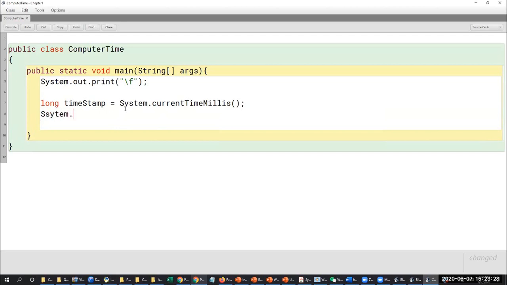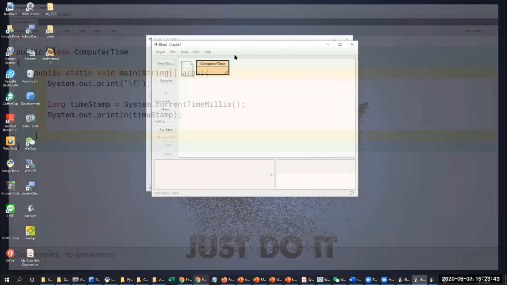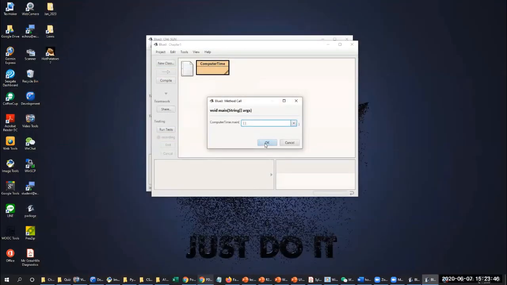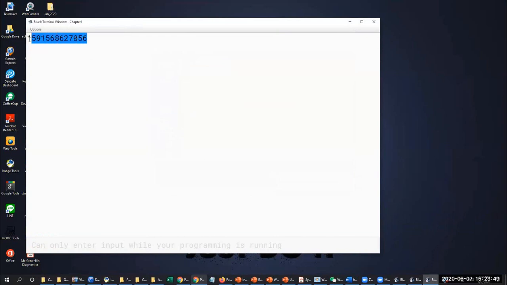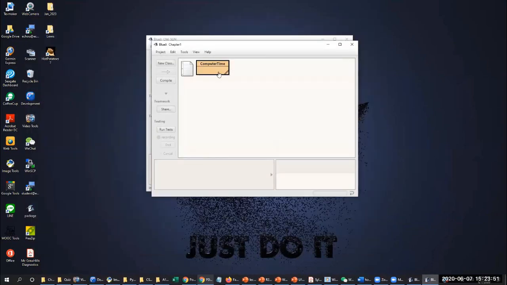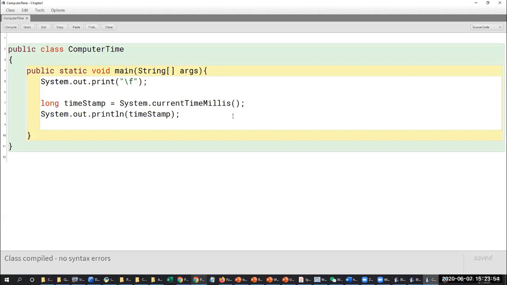So here I can do System.out.println, and here I will do timestamp. So I do timestamp, and then I do this. Here is a long integer given, and what this long integer is, is the number of milliseconds since